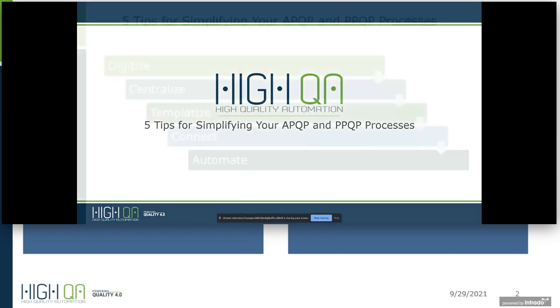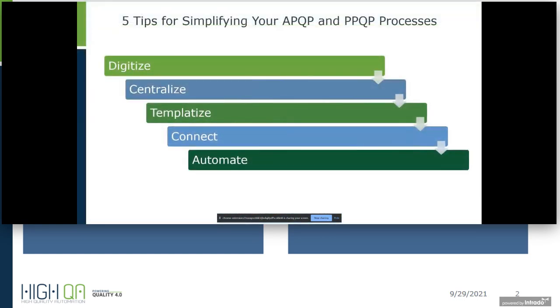So the 5 tips or the 5 principles that we're going to go through are as follows: digitize, centralize, templatize, and then we're going to connect and automate. Okay, and we're going to go through each of these 5 principles. I'm going to give a quick overview, and then we're going to spend a little bit of time in the product as well, getting a look at how the system works and how it's applying all of these